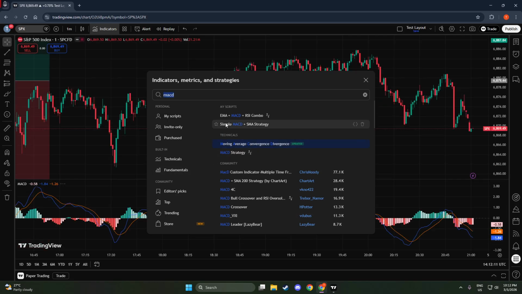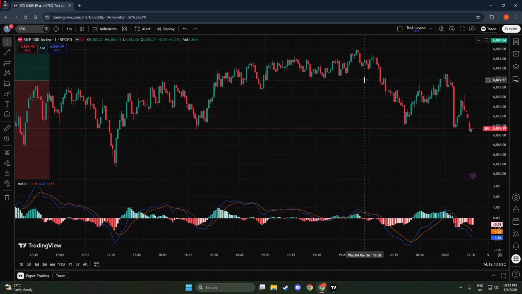You'll notice that the MACD appears in its own separate pane just below your main price chart. That's by design, since it's an oscillator and not a price overlay. By default, you'll see two lines and a histogram. The main MACD line reacts to changes in momentum. The signal line smooths those movements, and the histogram visually shows the difference between the two lines expanding and contracting